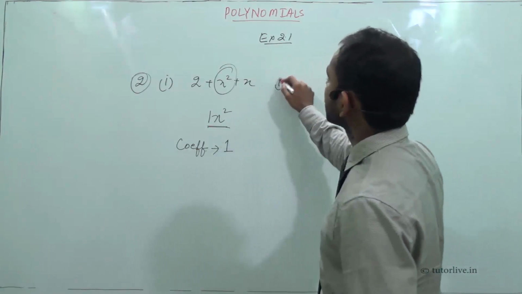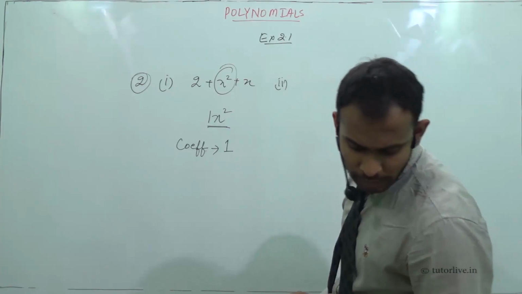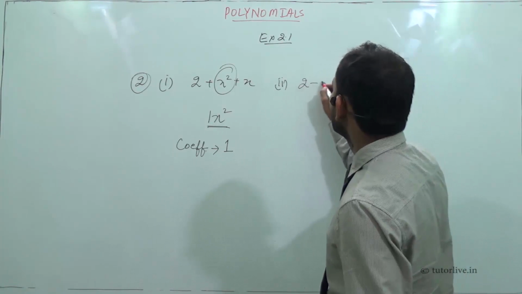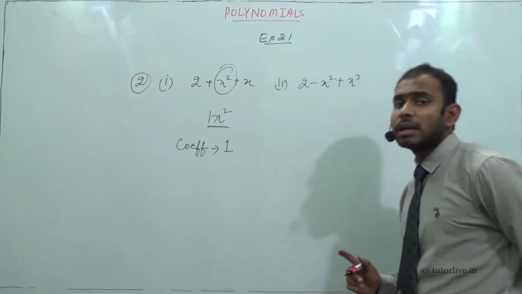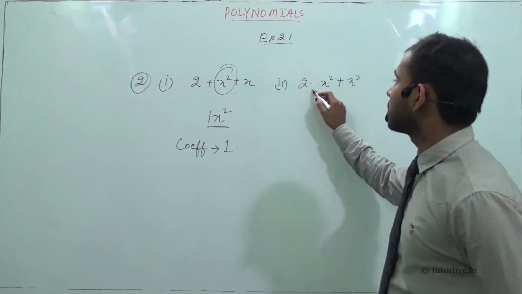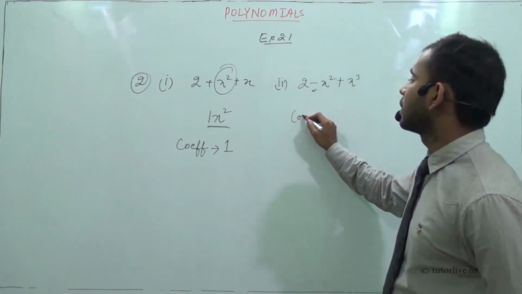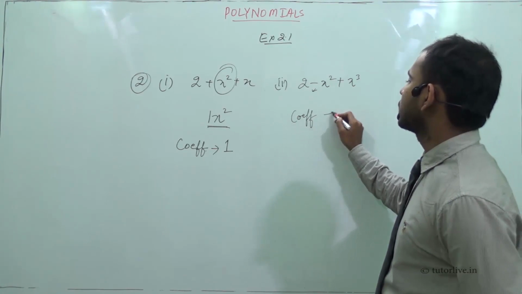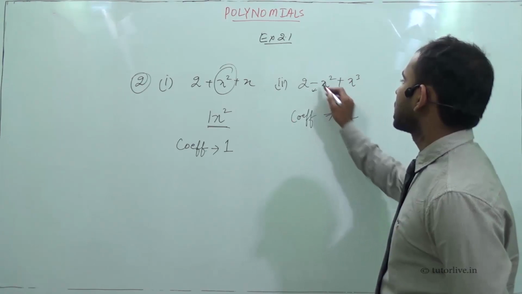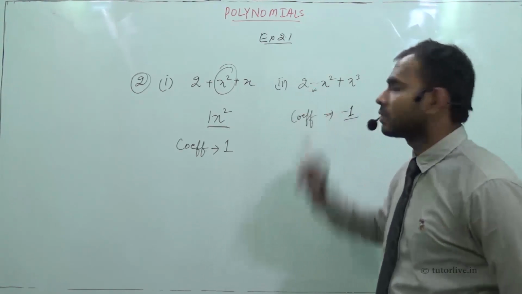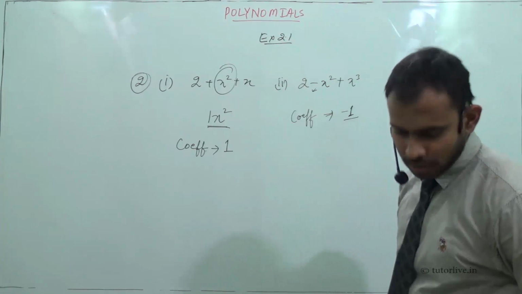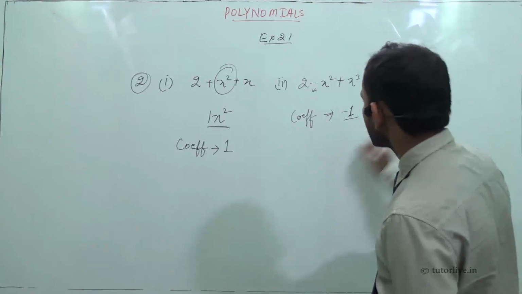Second, 2 minus x square plus x cube. Keep in mind these symbols also. Here the coefficient of x square is minus 1. Minus is negative of 1. The negative sign is here, therefore it is negative of 1. Keep that in mind. Now, moving on to the third part,